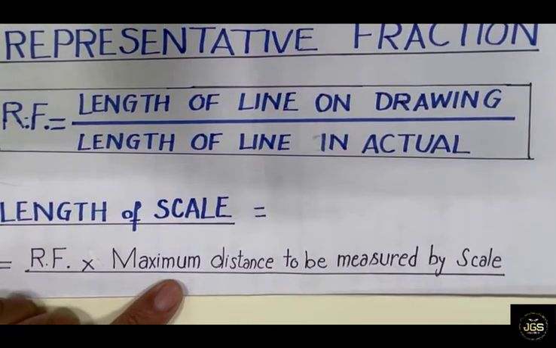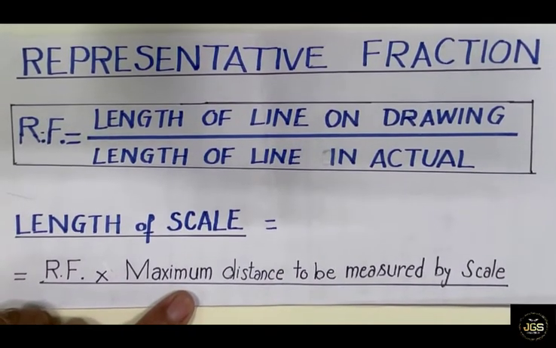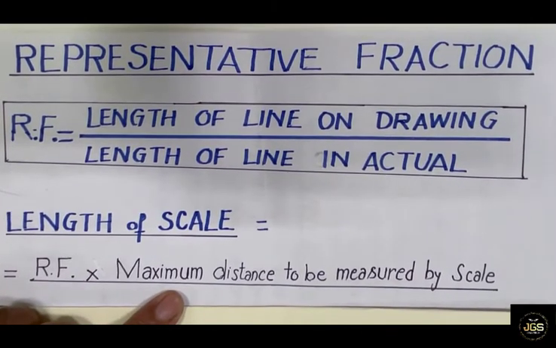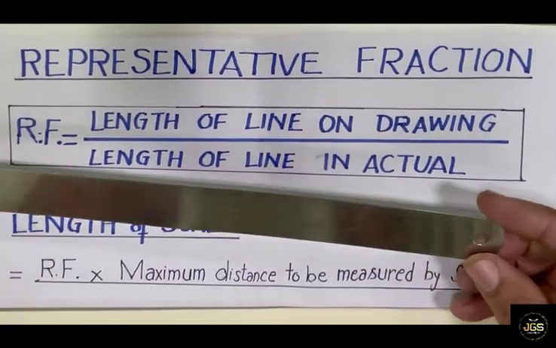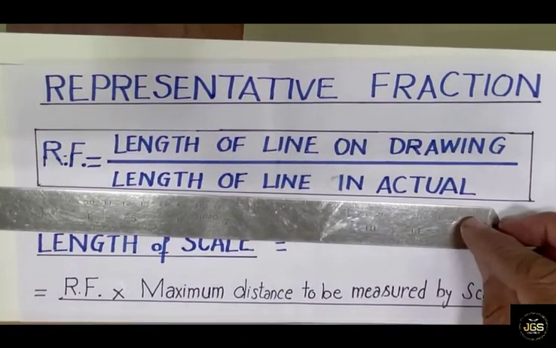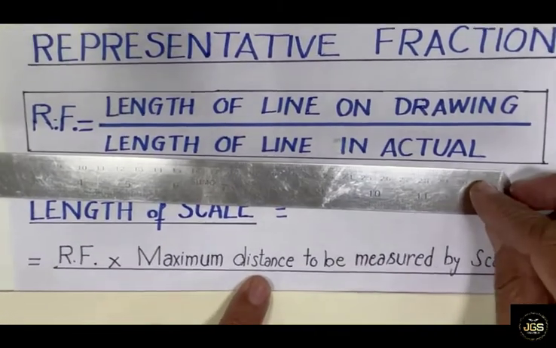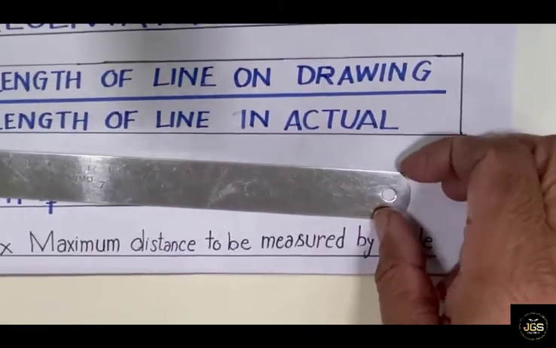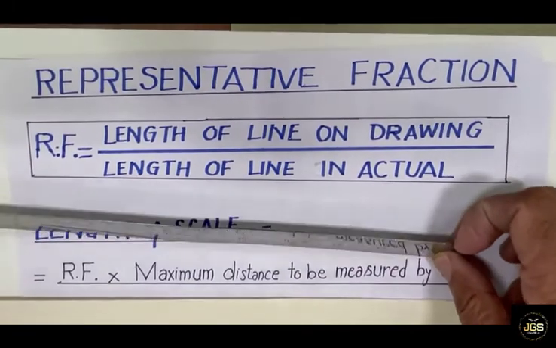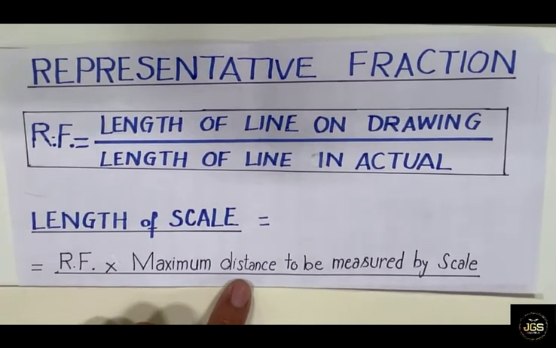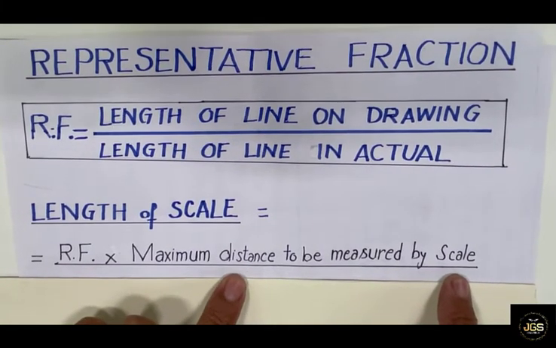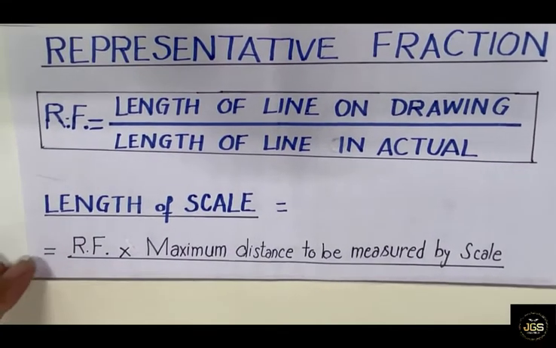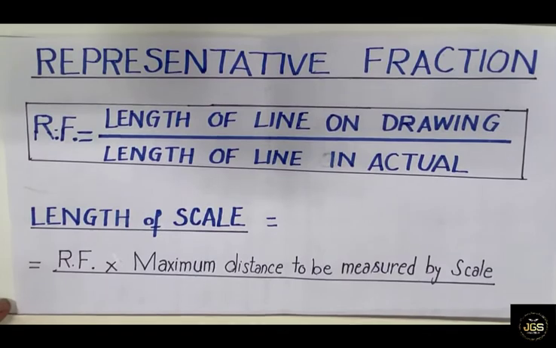So what does it mean? For example, you have the scale of 15 centimeters, that is the maximum length of the scale. Here the maximum distance to be measured by the scale is 30 centimeters. So here we can put the maximum distance to be measured by the scale as 30 centimeters. If you have a larger tape, say a tape of 30 meters, here we will put the maximum distance to be measured by the scale as 30 meters. So this depends upon the maximum length of the measuring scale. So after this calculation, we can start the scales.